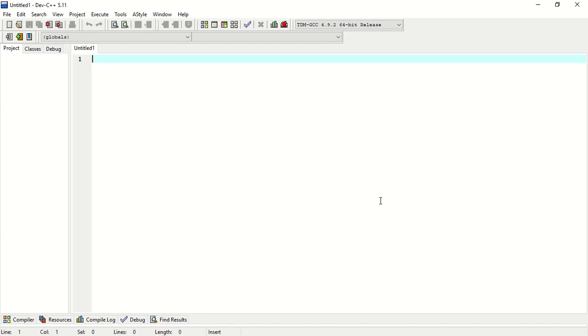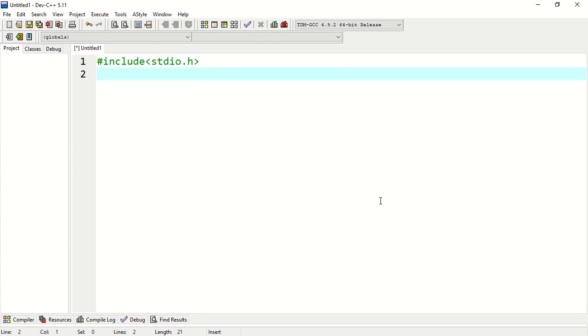We write #include <stdio.h> and #include <stdlib.h>. So it takes two header files.